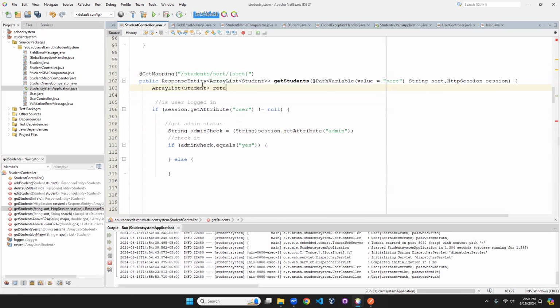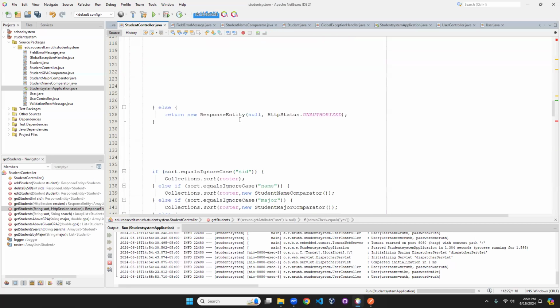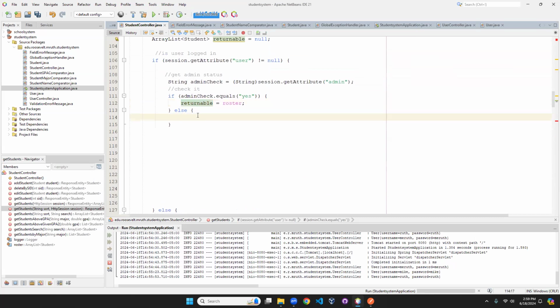We want it to be null. So all we're going to do is set returnable to equal our roster. Okay? Bang, the returnable is the roster. So we don't have to do something special down below with the sort. Okay? Great. Else,